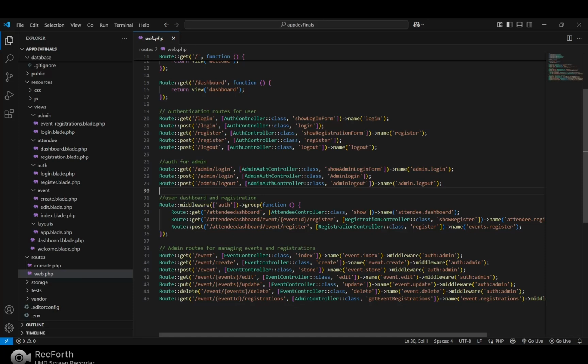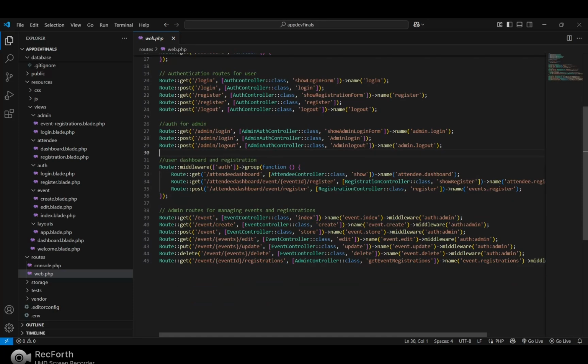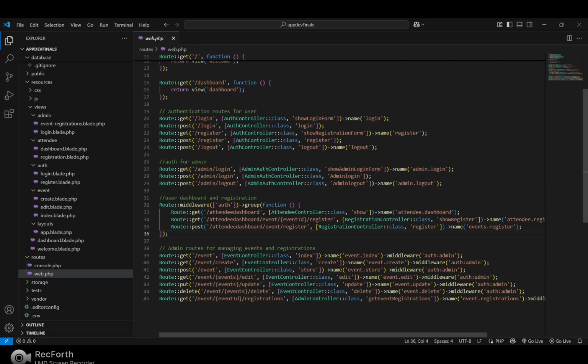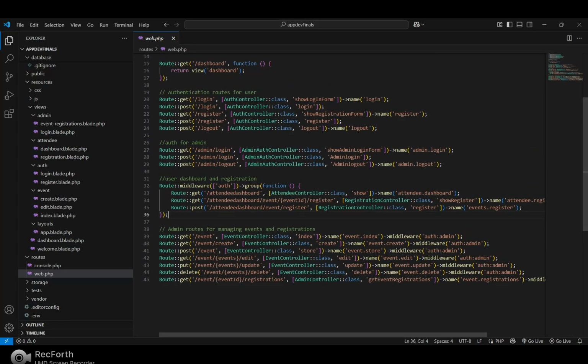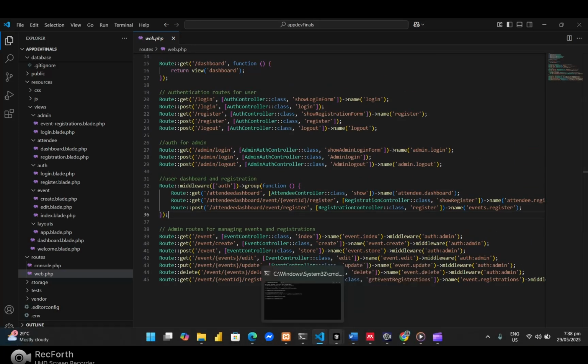Next is the auth for admin, the same as the authentication routes for users, and the dashboards and registrations for the normal users. Last are the admin routes, for managing events and registrations.